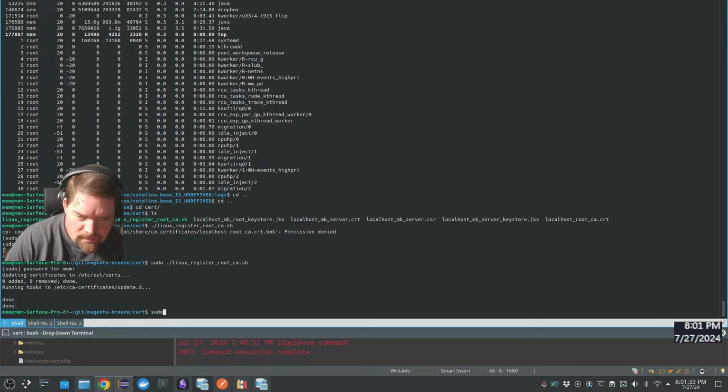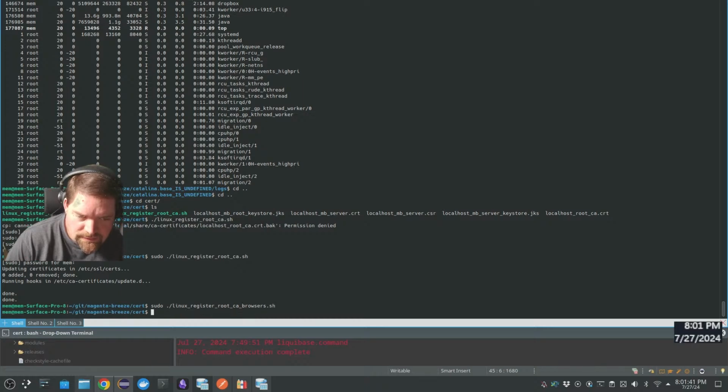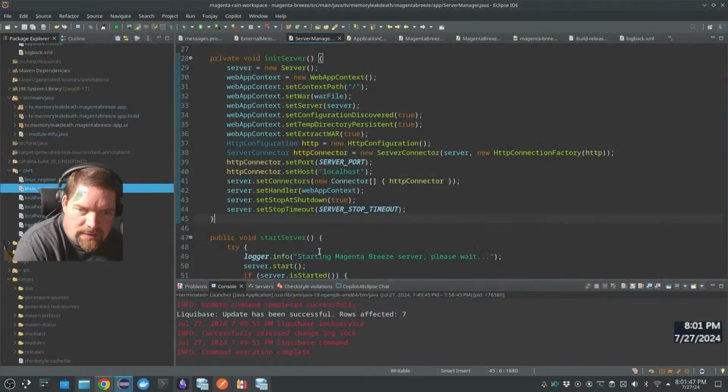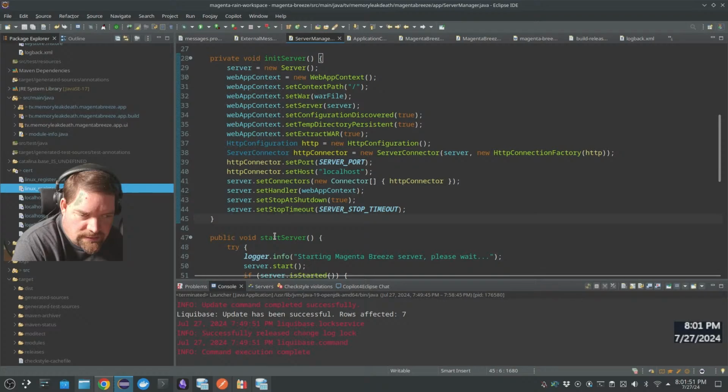Go. And then sudo Linux register root CA browsers. Boom. Okay. So those should now be the correct certs. So then over here, I just need to do the SSL stuff, which hopefully is just a matter of saying